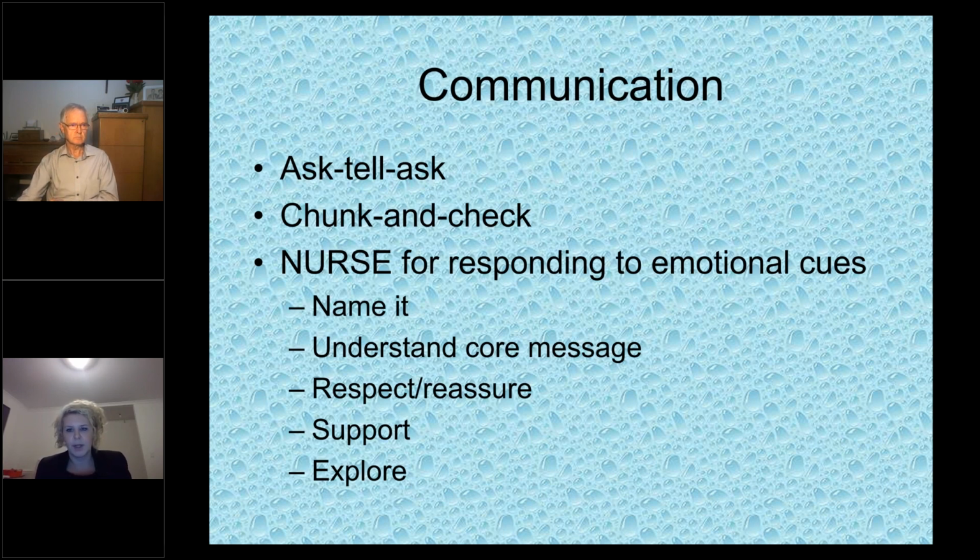A useful test of that is to get them to repeat in their own words what you've just told them. NURSE is slightly different, and again, it's a tool that I use day to day in palliative care communication. But it's really for picking up on those emotional cues